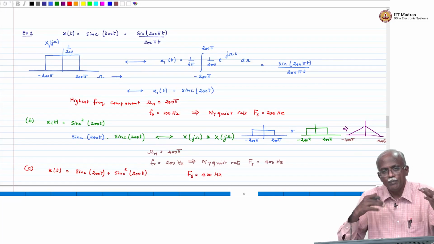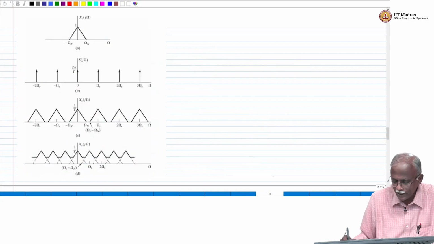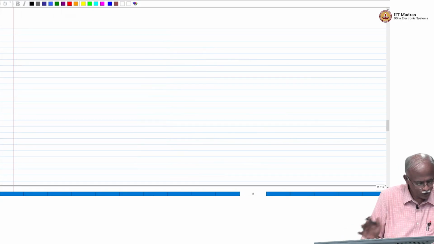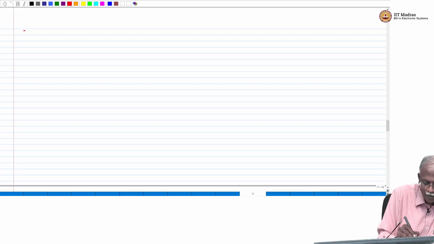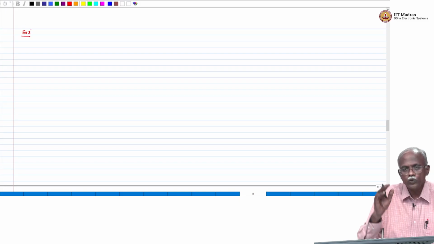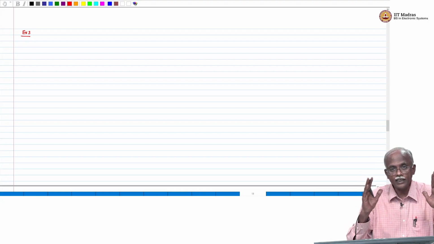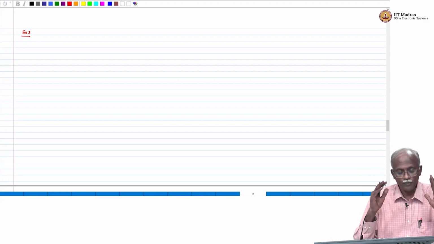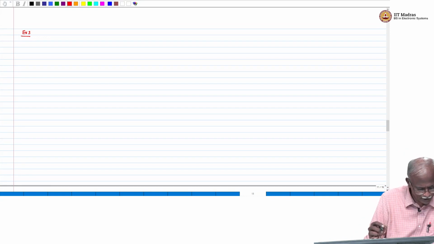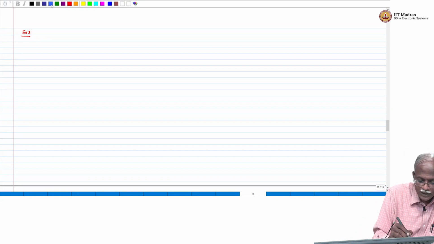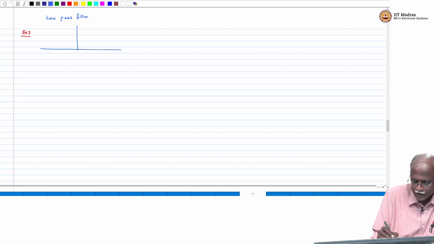Now let us take it a little bit further to understand and expand on what we have been talking about. This is example 3. This will require you to visualize what is the processing that is happening, so that we can apply the Nyquist criterion in a very careful manner. The first thing that I would like to discuss with you is what is a low pass filter. A low pass filter is a filter. If you look at it in terms of the frequency response, H of j omega,